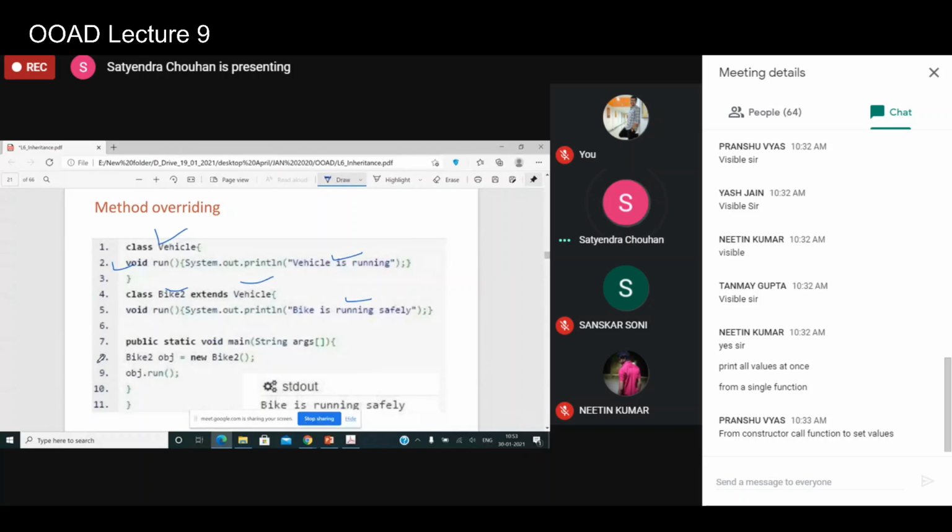In the main method, you are creating an object of the Bike2 class on the right hand side, and a reference of the Bike2 class on the left hand side. So basically the reference and the object are both of the Bike class, and you're calling the run method with the reference. So obviously what will be printed? Bike is running safely.